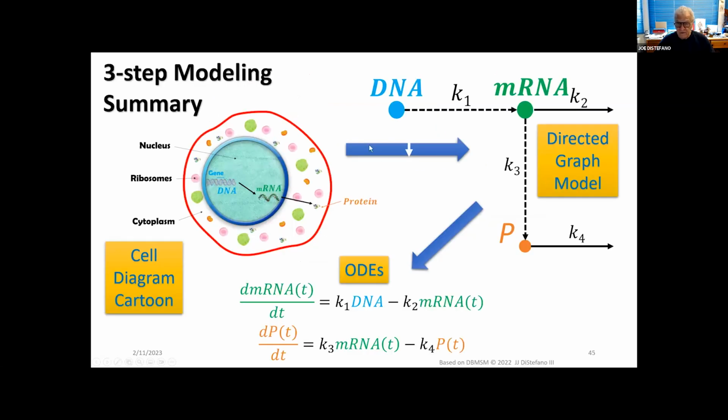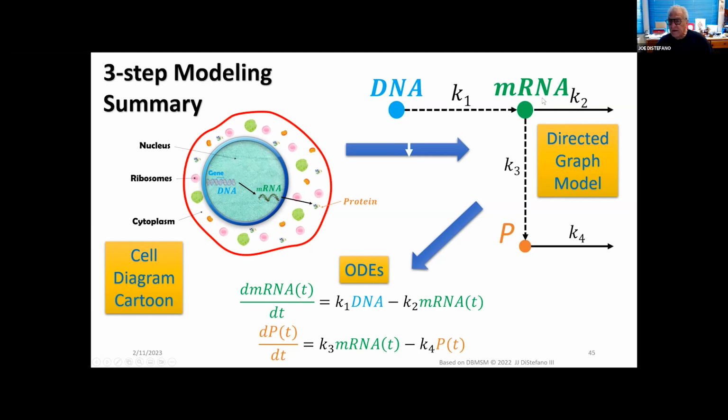So basically, and this is the last thing I'll talk about, here we have a cell diagram cartoon of gene expression, from the gene making a messenger, making a protein, and then this is translated into a graph with two state variables in it. And I make a distinction between the dashed line here, which I think I call a line where no DNA is used up in stimulating mRNA. So this is a signal wire, whereas this is a leak wire.